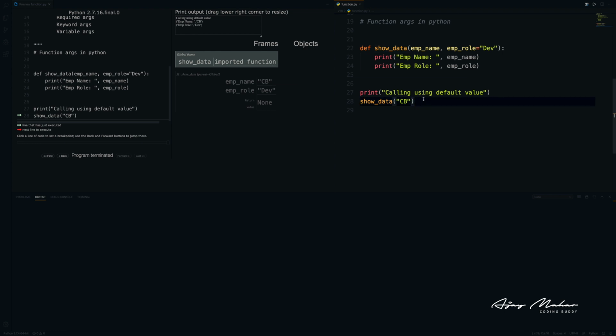Now let's quickly run this code, and you will see we are getting employee name as CV and the employee role as dev. So we have not provided the second argument. In this case, it will consider the default value. Now if I'm calling this function